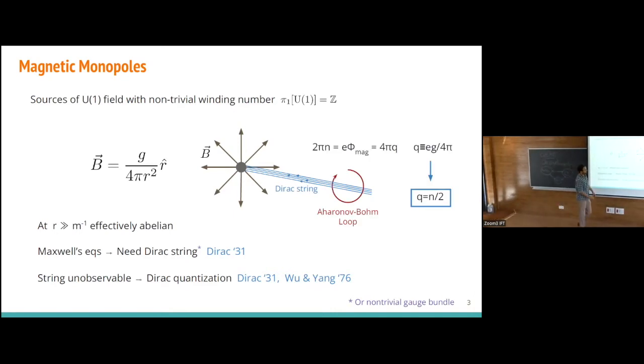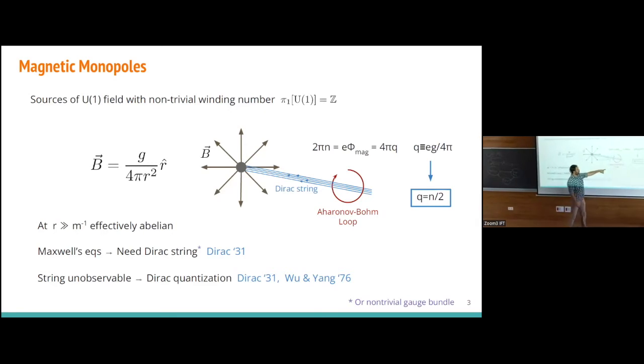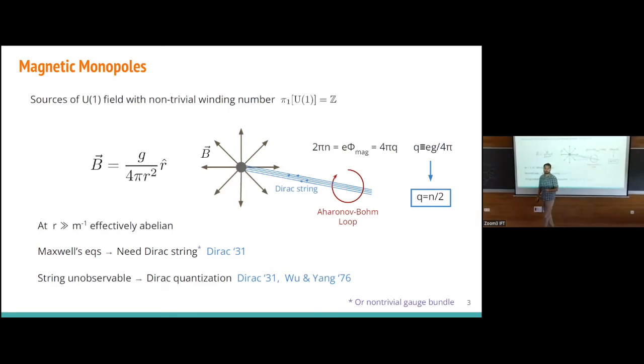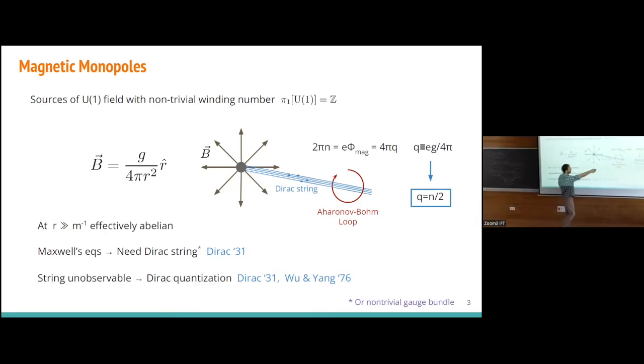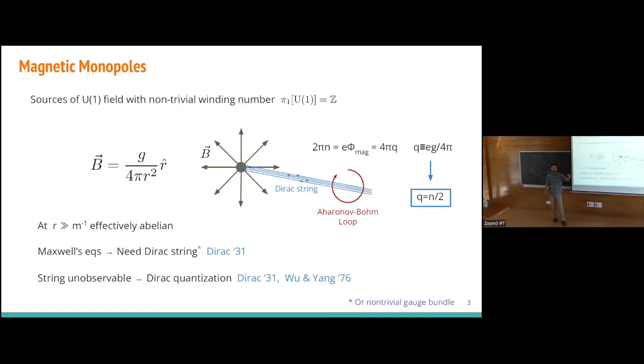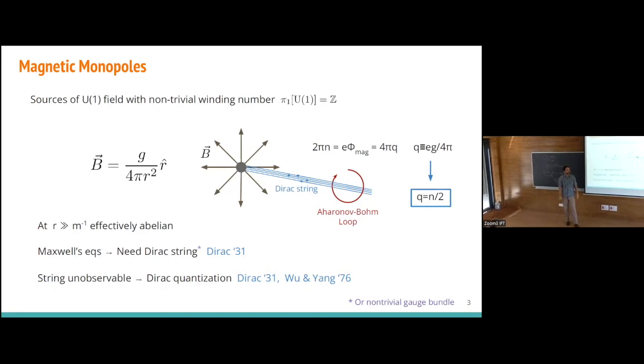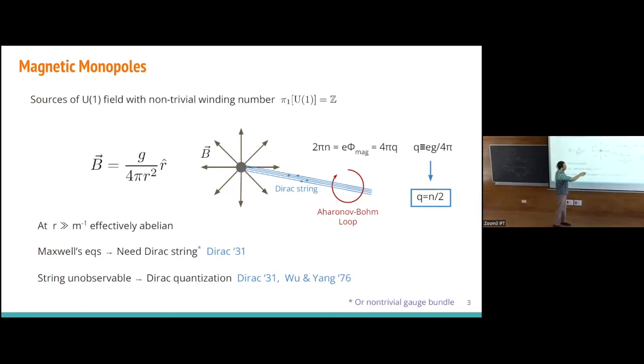But of course, we know that in the quantum theory, we can do an Aharonov-Bohm experiment to pick up magnetic fluxes. So if we take an electric charge and take it in a loop around the Dirac string, we better not have any observable that allows us to know whether the loop that we did went around the Dirac string or not. And that's only possible if the Aharonov-Bohm phase incurred by a particle going in the loop has to be an integer times 2 pi, which leads to Dirac quantization. This is the famous argument for Dirac quantization.